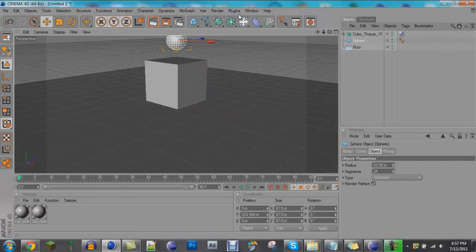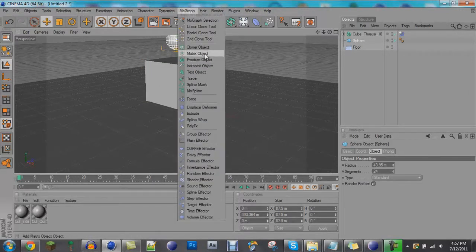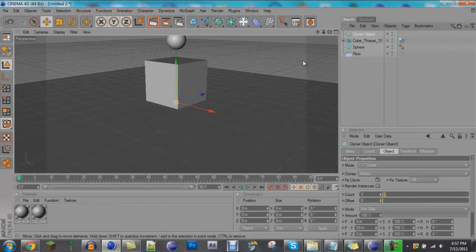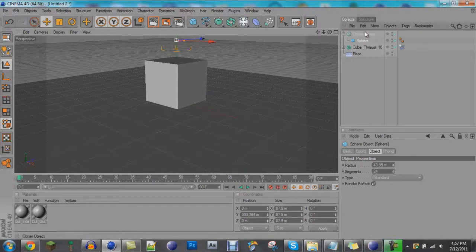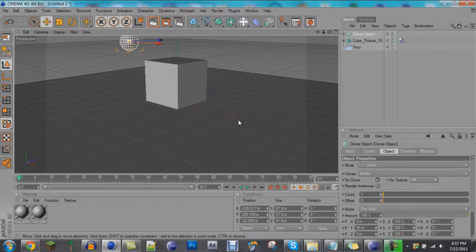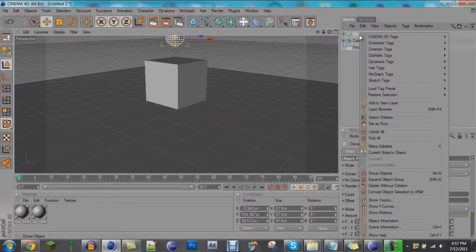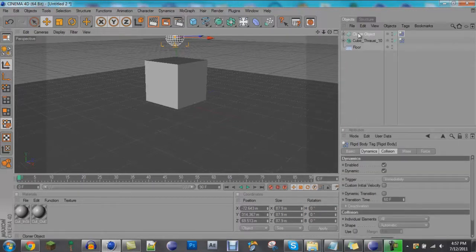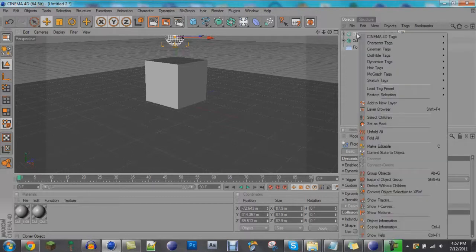Then you're gonna want to click on sphere, go into MoGraph, cloner object, and drag the sphere into the cloner object. Then go up to cloner object, change the count to 1. You can minimize that, and you can move it to wherever you want. Oh, you're going to want to right click the cloner object, go down to MoGraph tags and rigid body. And if you're on Cinema 4D R12, then you right click it, go down to dynamics tag, and there'll be dynamic body,